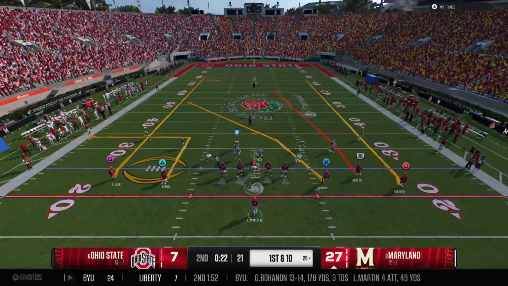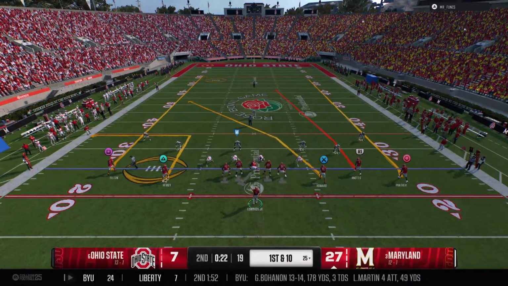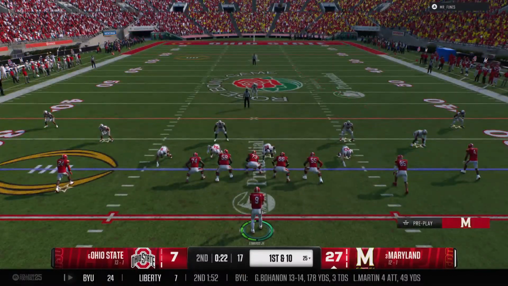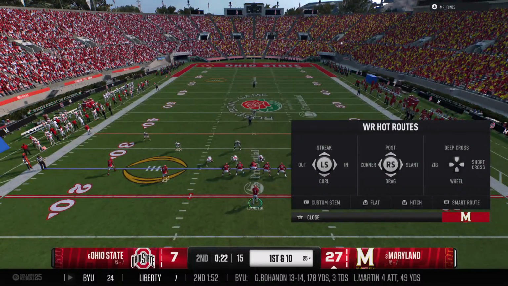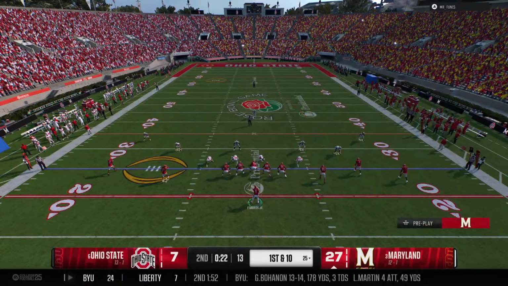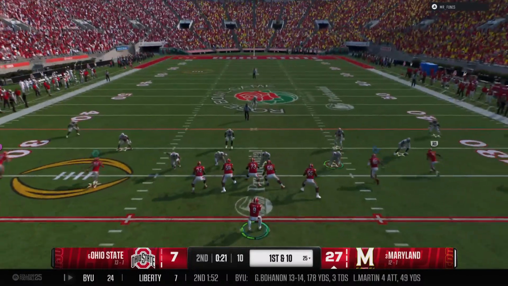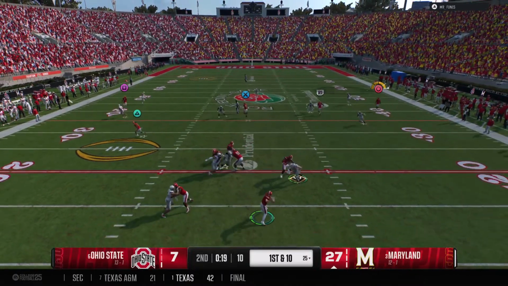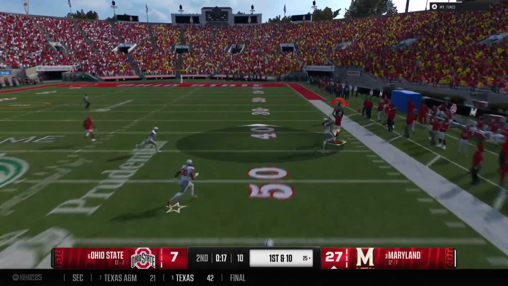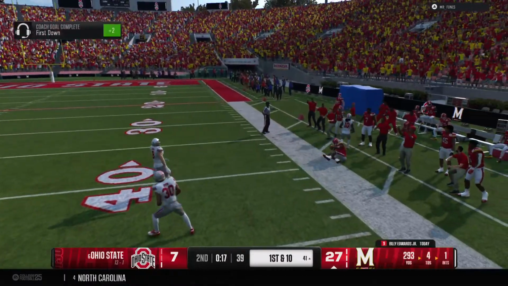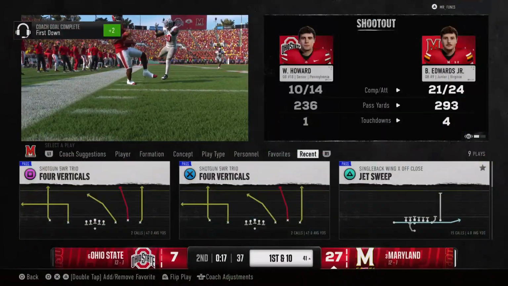Maryland offense is back out on the field now. This offense scorched the defense with a lightning strike, a one-play touchdown in the last possession. Let's see if they can duplicate that magic here. Quarterback checks the defensive look, makes some adjustments. Looking to throw. It's Edwards. He'll take a deep shot. It's caught down the right side for a huge gain.